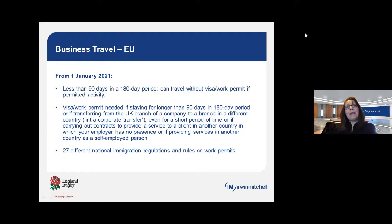There are a limited number of business activities that are likely to be permitted. Ben had listed a few on his slides: business travel to the UK and similar business activities are allowed in EU countries as well, like going to a meeting with a colleague or with a client or attending a conference and so on. Now, what is important to remember in this context is that the visa requirement is not triggered by the duration of the stay, but by the activities that are being undertaken. So just to say that it's definitely not longer than 90 days in a 180-day period, and we therefore do not need to think about what the activities are